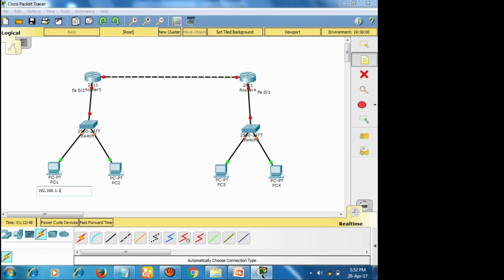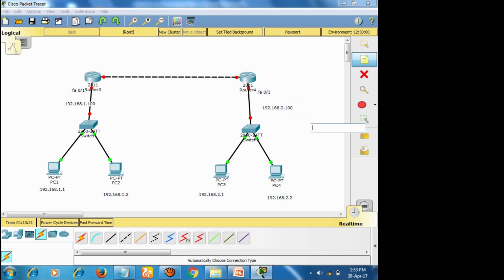I already told you this is 192.168.1.1, and this is 192.168.1.2, 192.168.2.1, 192.168.2.2, okay. And moreover, for this fast Ethernet 0/1, this is 192.168.1.100, and this one is 192.168.2.100, okay.